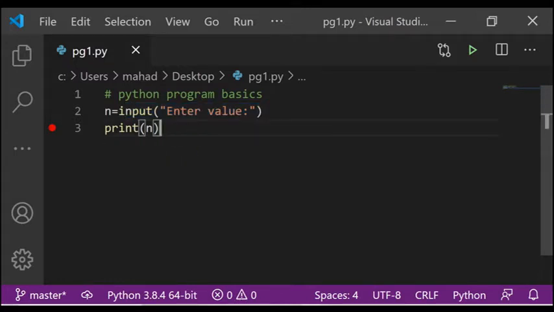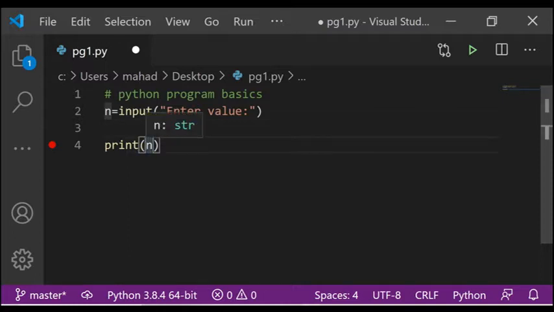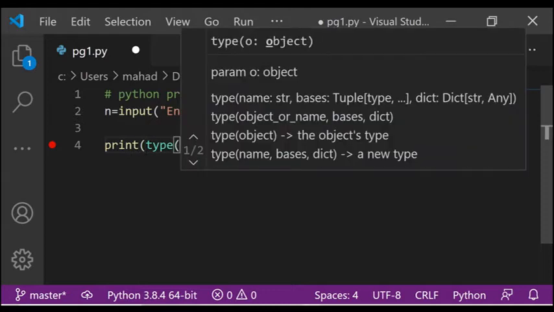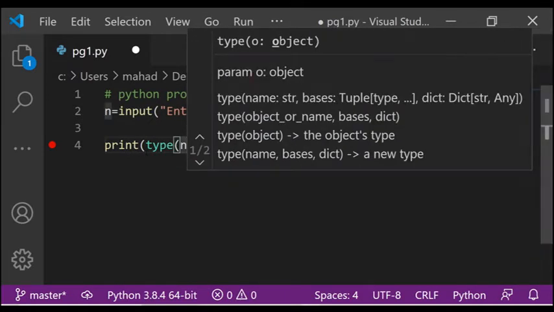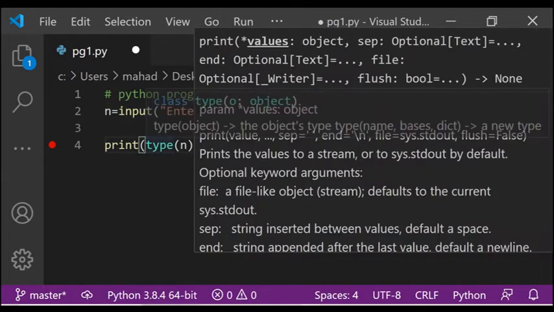And next we have to see how to find its type. In order to do so, we will use a function called type. Type is a function which is used to define what type it is.